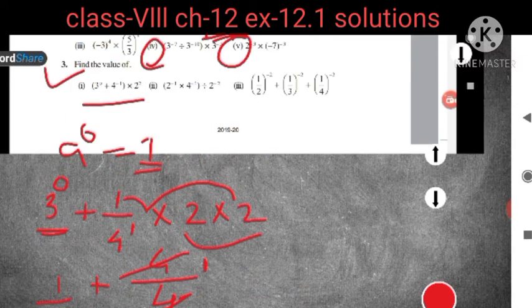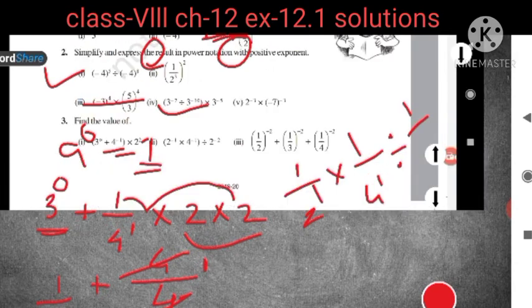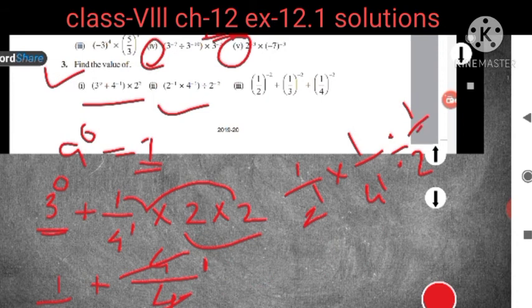So what is given in the next question? It is given 2 to the power minus 1 and 4 to the power minus 1 divided by 2 to the power minus 2. So here all the powers are negative, and you have to make them positive. That means you will write 1 upon 2 to the power 1, and next 1 upon 4 to the power 1, and divide, and next 1 upon 2 to the power 2, isn't it? So in this way you will solve this. So this question I will keep as homework.